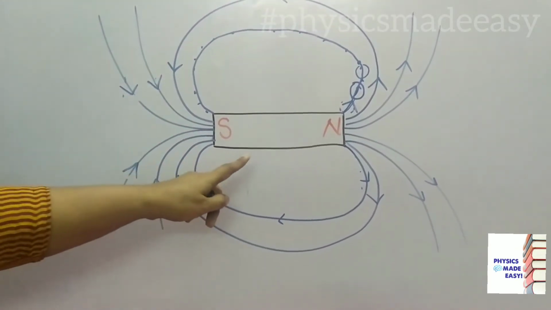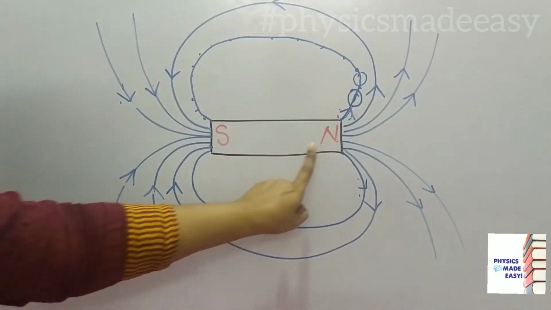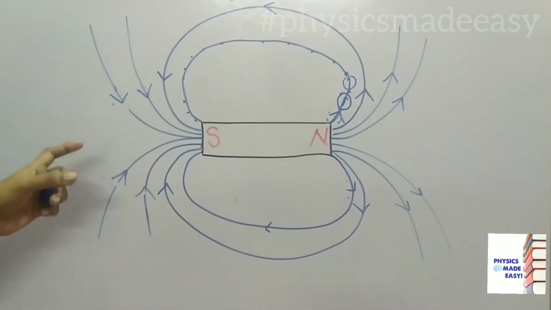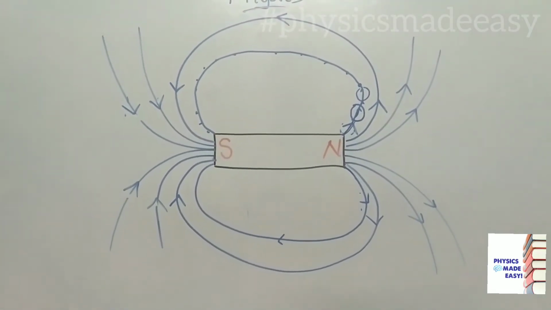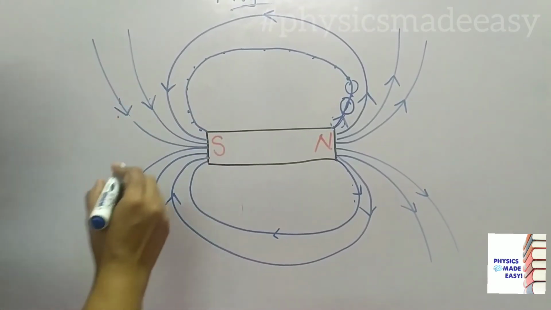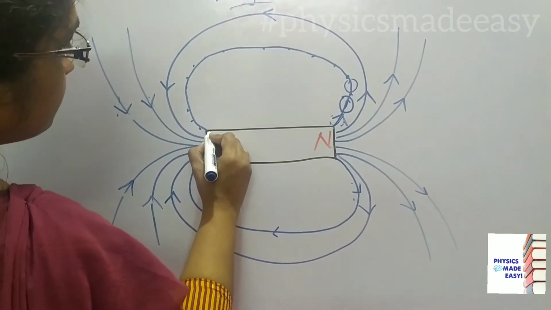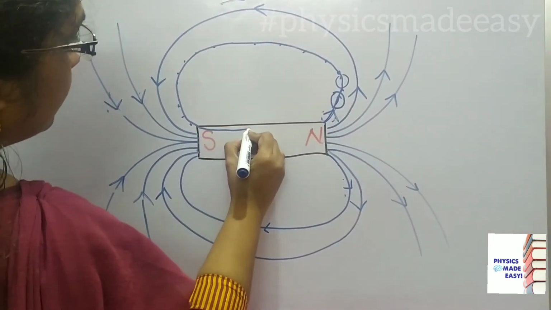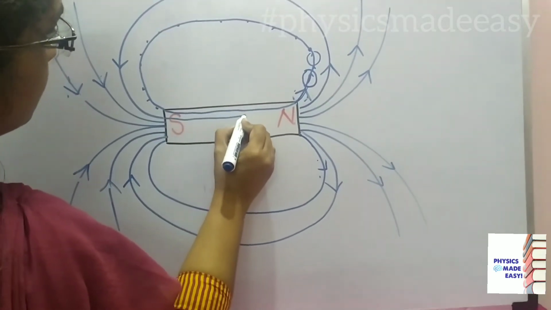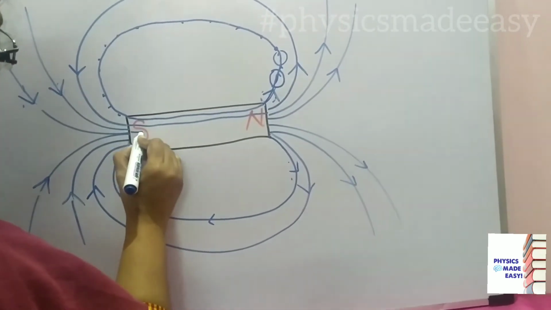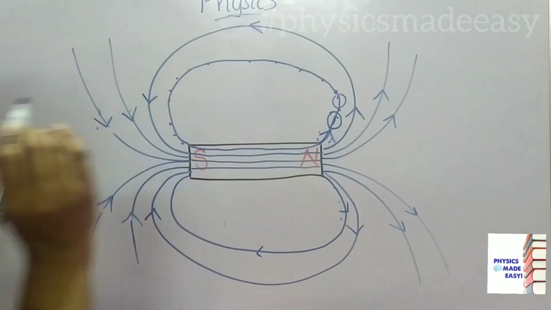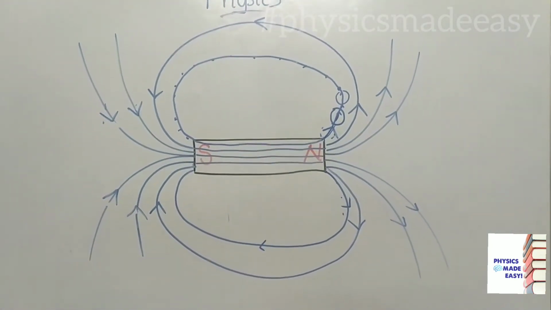Okay children, this is very important. All these magnetic field lines are emerging from the north pole and then merging into the south pole. That's why you have to put arrows there. That only gives us the direction. This is happening outside the magnet. Then inside the magnet, what is happening? Inside the magnet, the lines are moving from south to north. We have to draw that in the bar magnet.